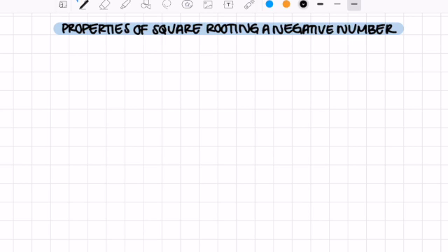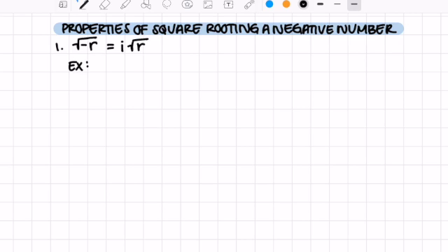The first property that we're going to look at is the following. If I have a square root of a negative number, and it could be any number, negative 10, negative 100, negative 5, negative 25, no matter what, we can take out this negative sign by using the imaginary number i. And then whatever is left over in the square root will just stay in the square root. So for example,